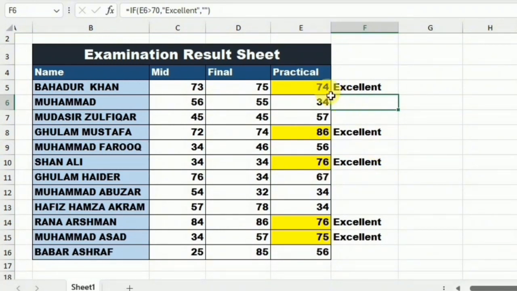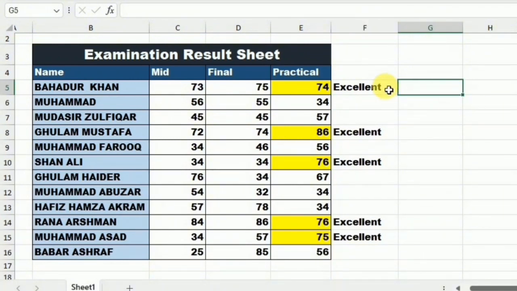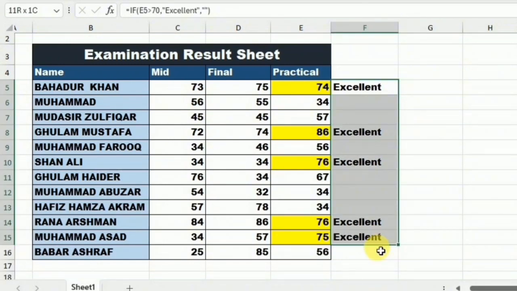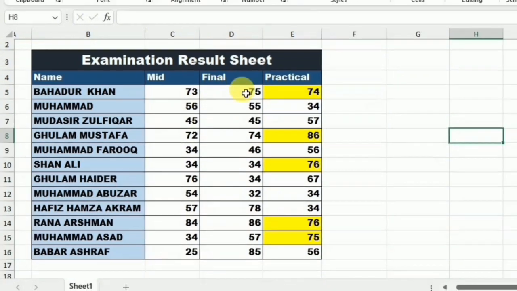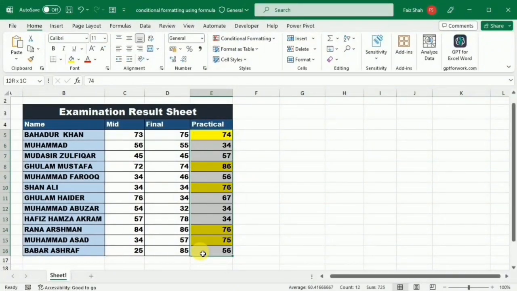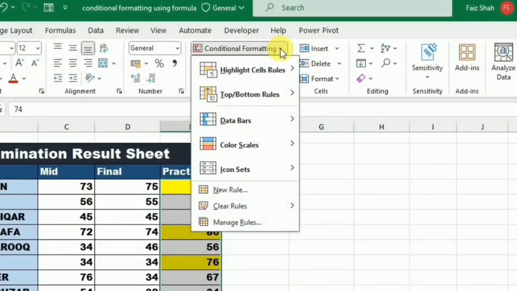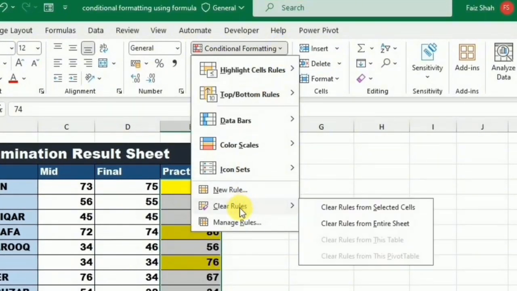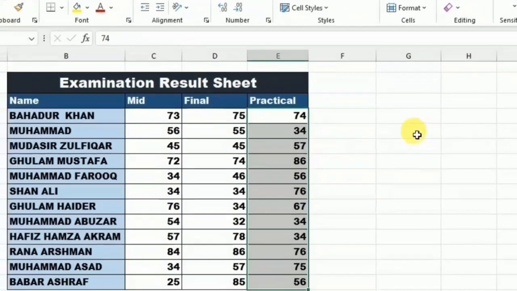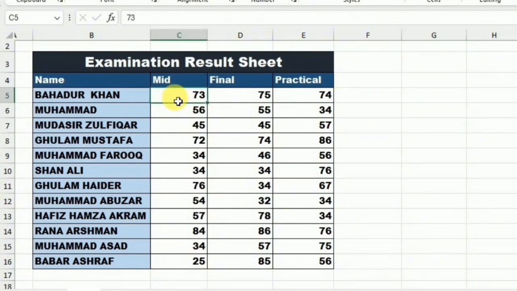So here we just applied the conditional formatting on a single column. But if I also wanted to add more conditions into it, how can we do this? Let's learn it. For this purpose, first I am going to delete this and remove the conditional formatting that I have applied to these cells by selecting them and then going to the conditional formatting, and here I will go to clear rules and select clear rules from the selected cells. Now, to apply it to more conditions, I will select this data